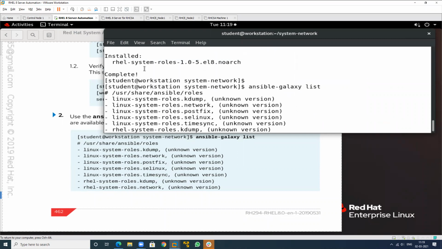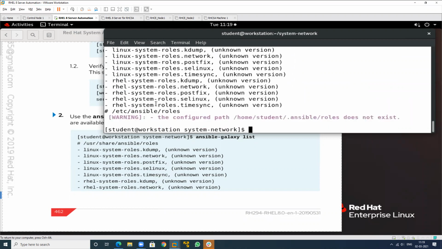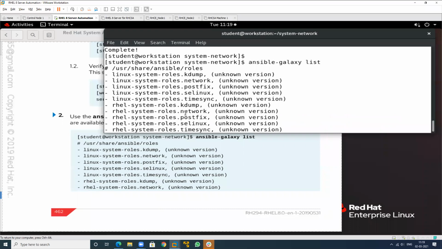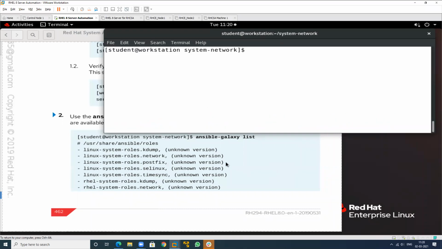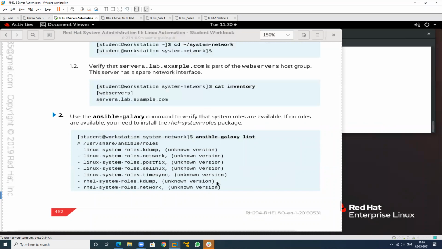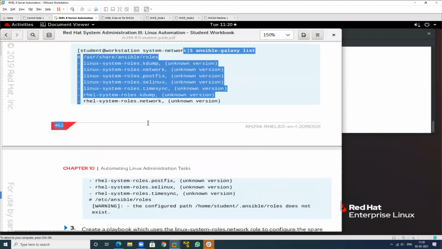This is the location where the role structure is installed: /usr/share/ansible/roles. And what is the other one? The other one is /etc/ansible/roles. These are the locations where the role structure is installed. If no role structure is available, just install this. After it completes, create a playbook.